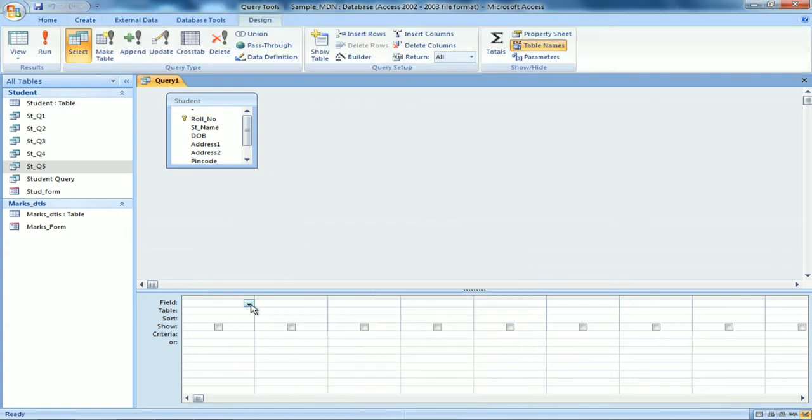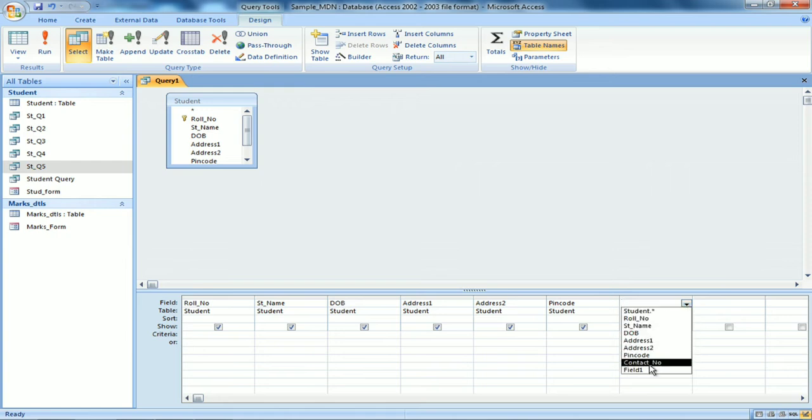Roll number, name, date of birth, address 1, address 2, pin code, contact number.